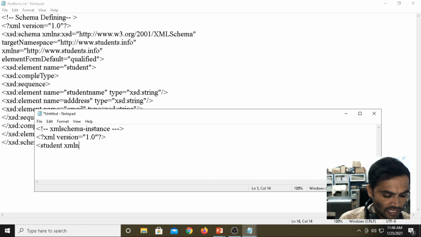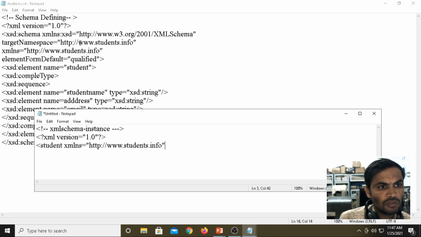Then we have the XML namespace, http colon, www.student.info. That is the only namespace we are writing here. Then next we are writing